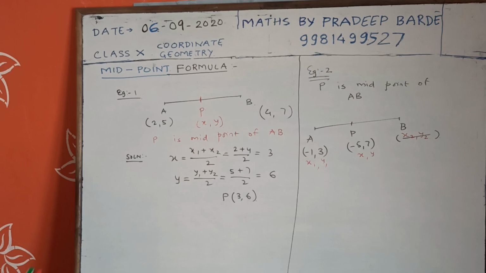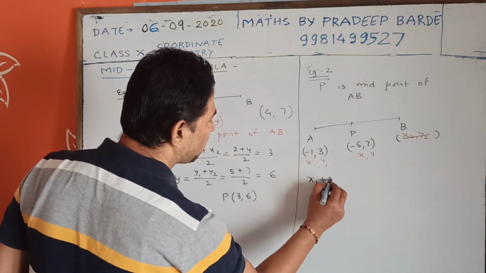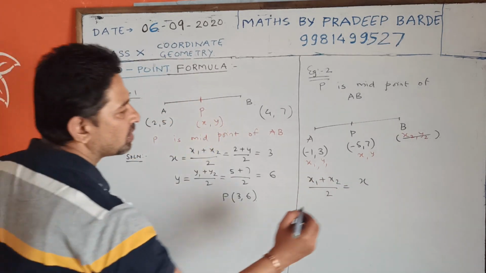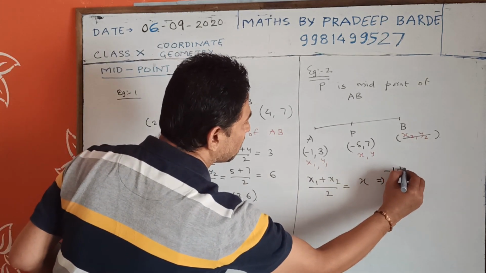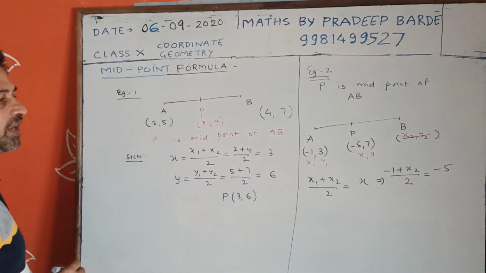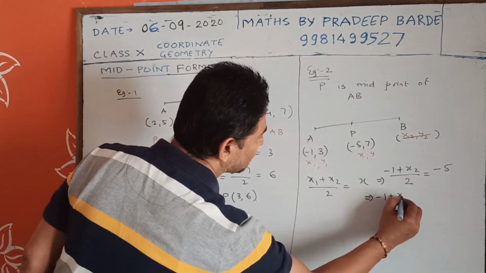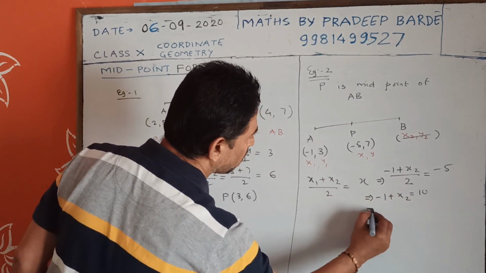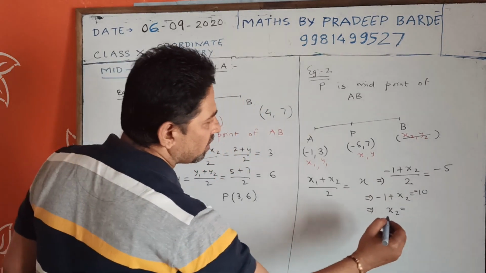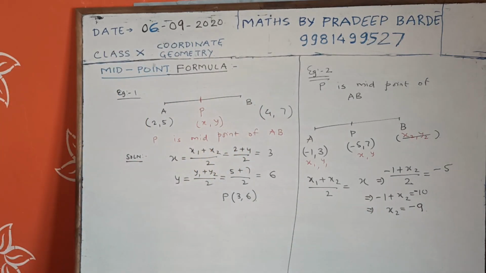So again, let's use the same formula. x1 plus x2 upon 2 is equal to x. That means -1 plus x2 upon 2 equal to -5. So from here we'll get -1 plus x2 is equal to -10, or x2 is equal to -9. Yes, x2 is equal to -9. Similarly,